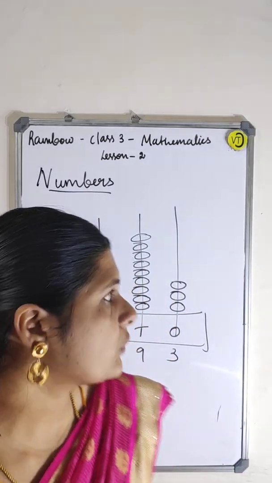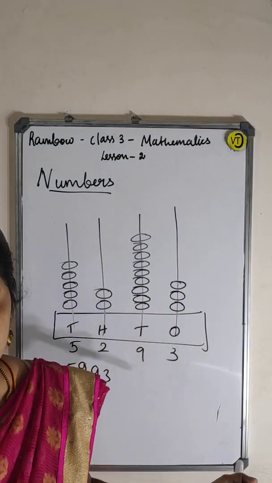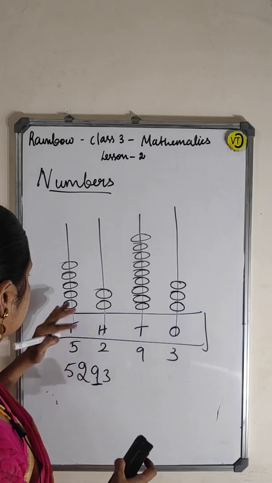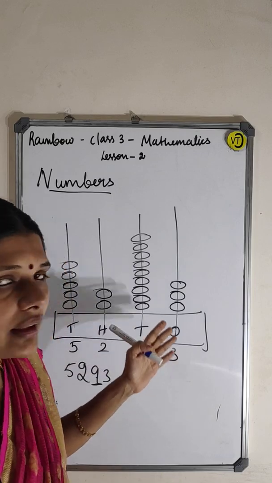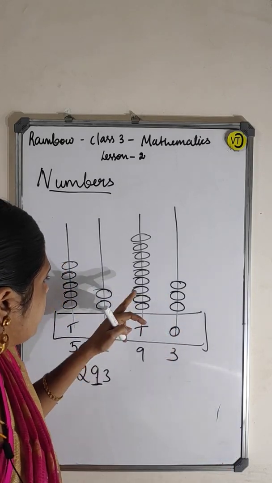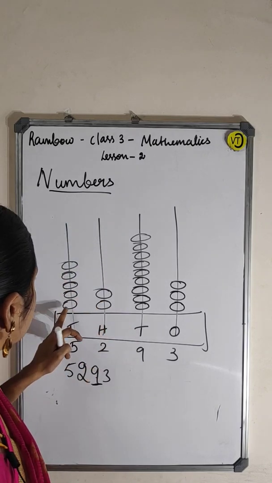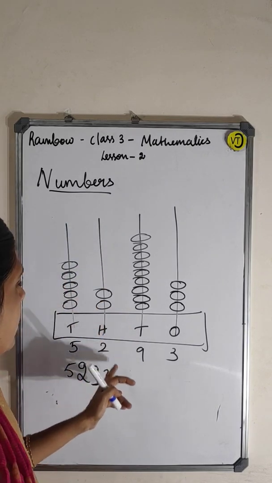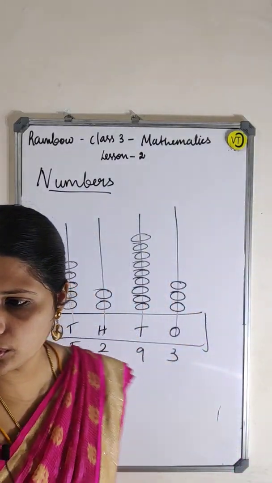Okay. If they give the abacus, you can write the numbers easily by counting the beads. So now listen, if the beads are given, you can count and write the numbers, right? So 1, 2, 3, again 1, 2, 3, 4, 5, 6, 7, 8, 9 here, it is 2 here, this is 5 here, then 5293. In the reverse form also you can use, right? Now one more number I can tell you.